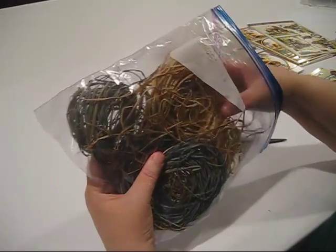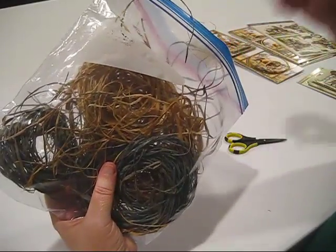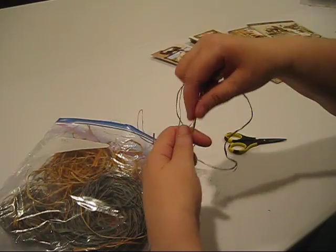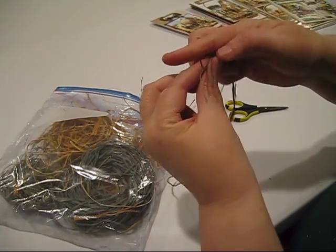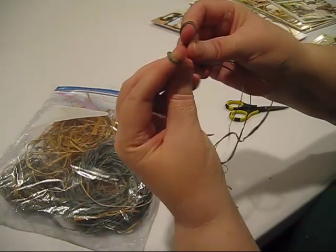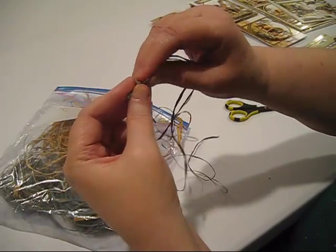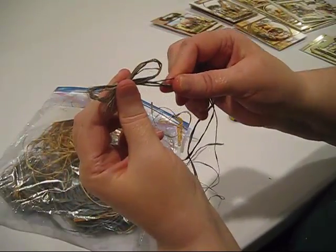It was kind of with the folk art wrapping supplies, and it came with these different colors in it. To tie a bow in that raffia, all I'm going to do is get 2 or 3 strands. In this case I have 3 strands, but 2 of them are pretty lightweight. To tie my bow, I'm going to make 2 loops, put one over the other, put the loop through the center,